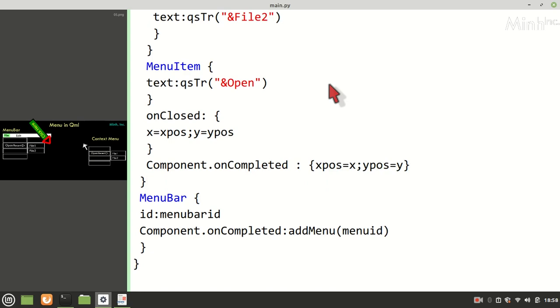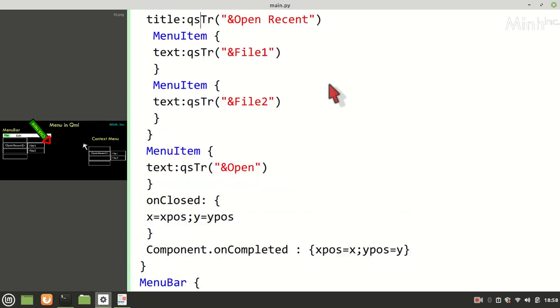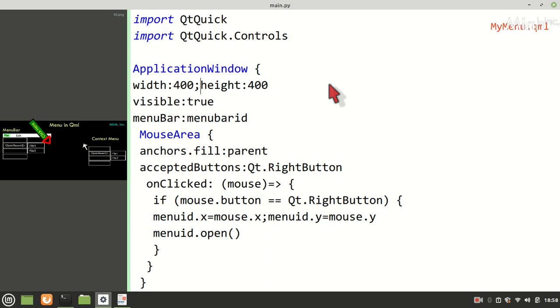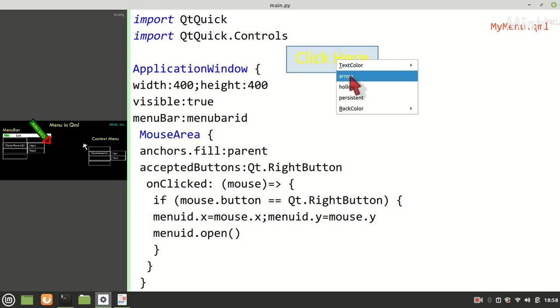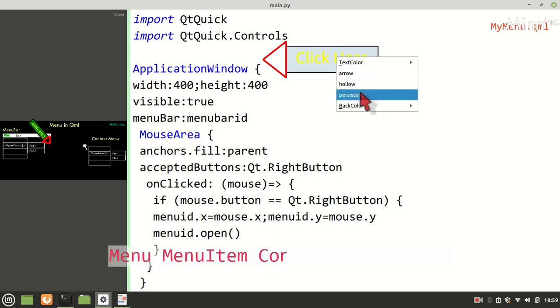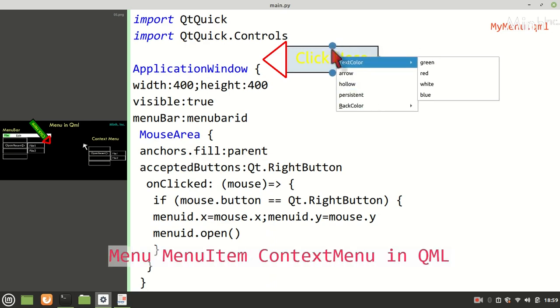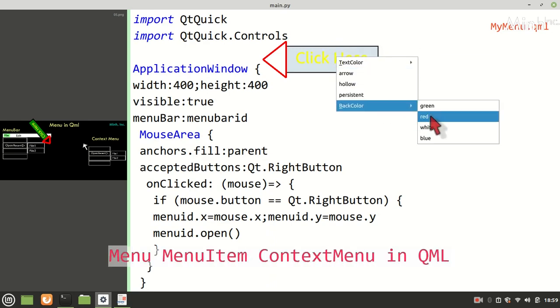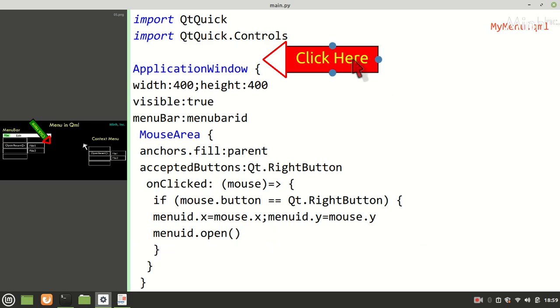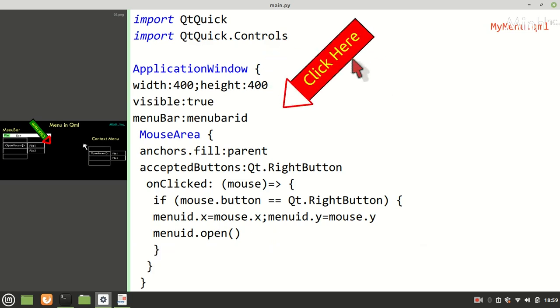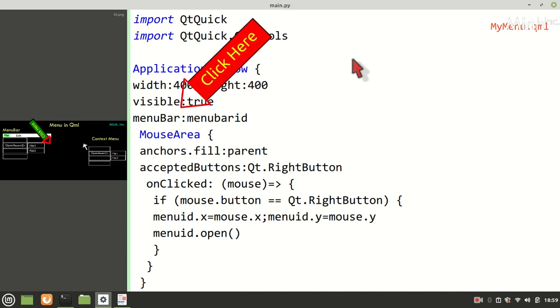So what we are doing now, if we see ApplicationWindow, we have a menu bar.